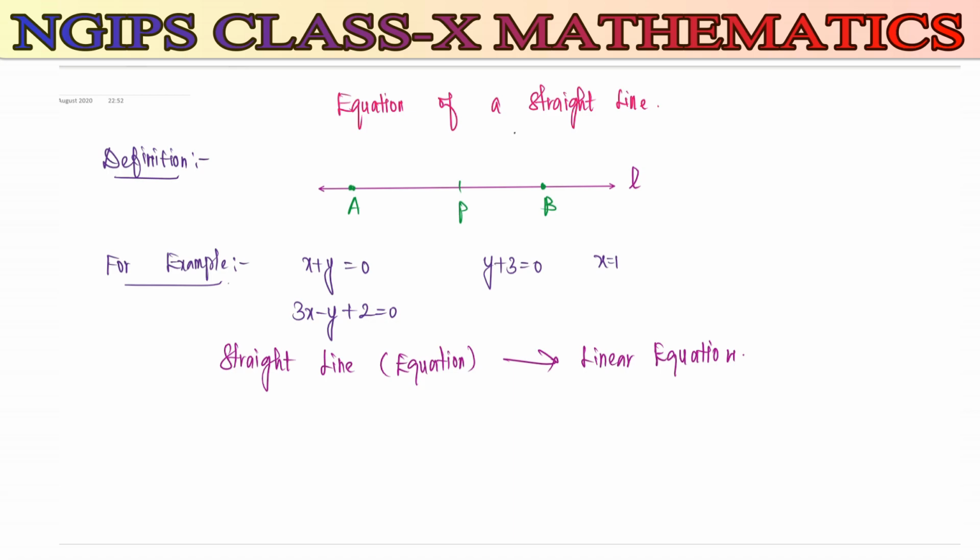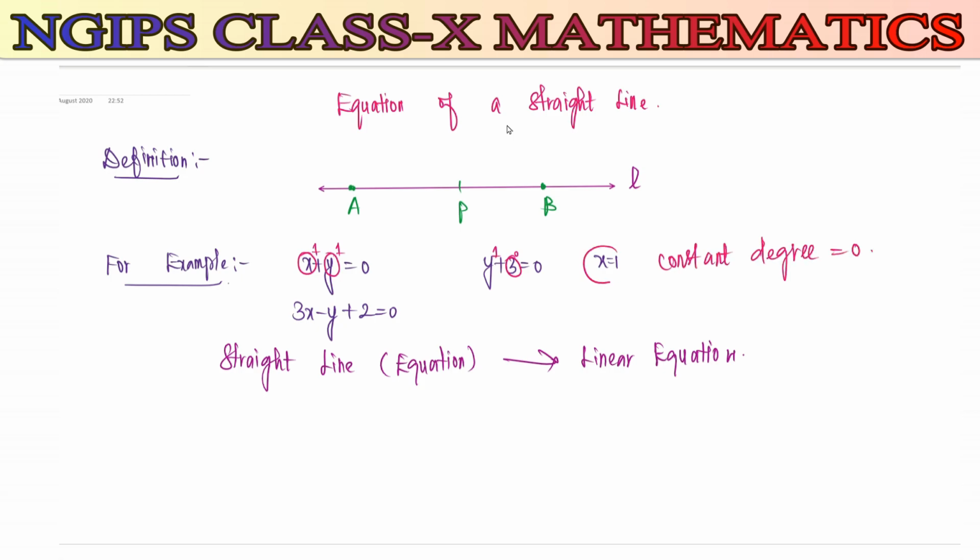So if we consider the first equation, we have totally two terms. The first, if there is no degree, we can consider it as 1. The second term also has degree 1. So the highest degree of the terms here is 1, and for y the degree is 1, and for 3 the degree is going to be 0 because it is a constant term. So for a constant the degree is always 0.